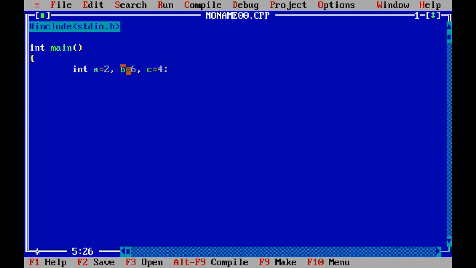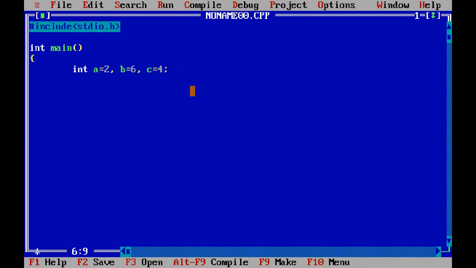Okay, but however this will remain the same whenever you execute this program. A will always be 2, B will always be 6, C will always be 4 until and unless you edit it. But if you give user input, it will be flexible. Whichever user runs the program, he or she can have different inputs from the keyboard. That is why I prefer giving user inputs. However, let us just stick to A equal to 2, B equal to 6, C equal to 4.